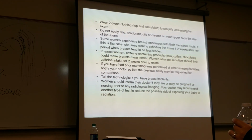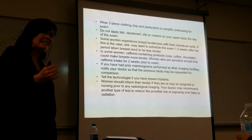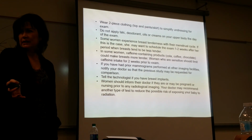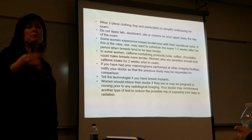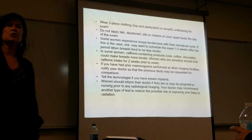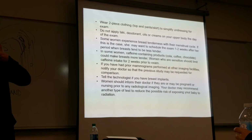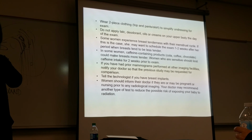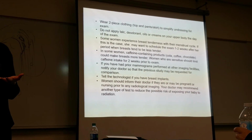Breast implants. We are so much better at imaging breast implants, and we're not imaging the breast implant. We're trying to image the breast tissue hidden by the breast implant. And so we're much better at that now than we've ever been before. We have certain techniques, and I'll show you that. Literally, we manipulate the implant up the chest wall to get it out of the way so we can just look at the breast tissue. So I had one student, bless her heart, this is